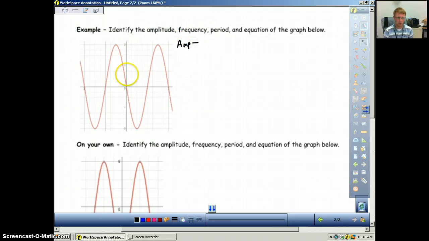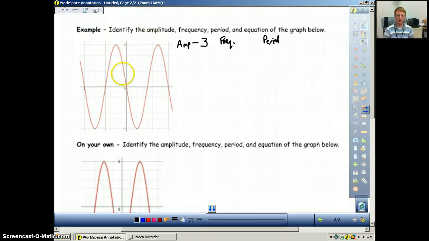The amplitude here: the midway point is at 0 and it goes all the way up to 3. So therefore our amplitude is 3. Our frequency, we'll get to that in a minute, because we're not going to be able to figure out our frequency until we know what our period is. So our period,